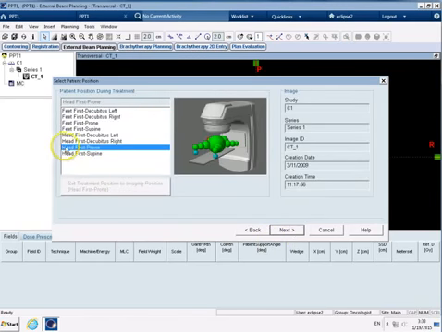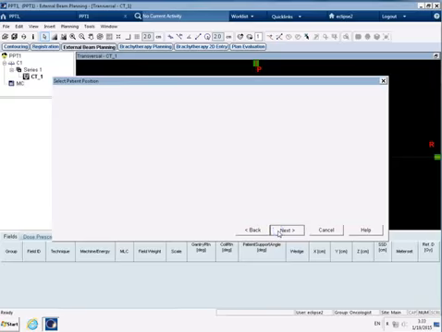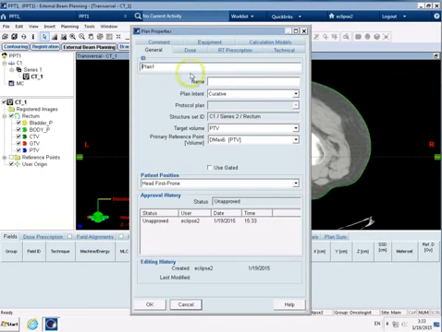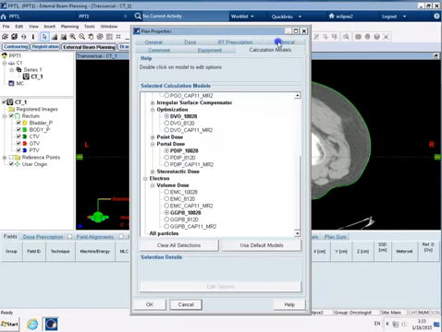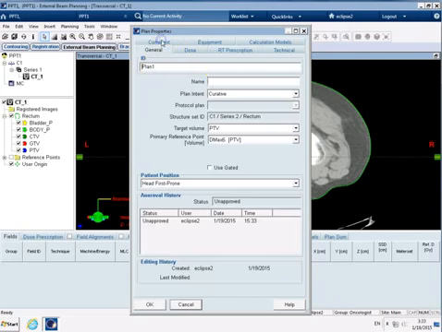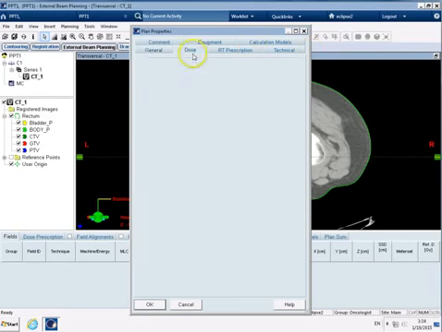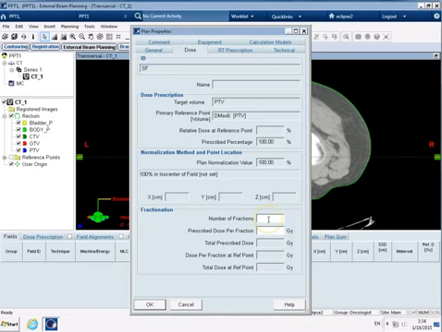The patient is head first prone, and within this next box there's lots of different tabs as well that we can fill information in, and actually we're not really interested in lots of these for the purposes of this practical, but again, if you worked in a clinical department, they may well use some of these tabs for notes. But the first type of plan I'm going to do is a single field, so I'm going to call that SF. My plan intent is palliative, and the last thing I need to do is tell it how much dose